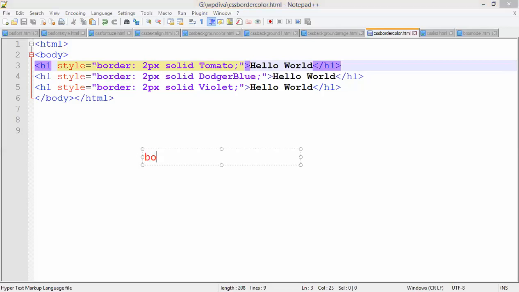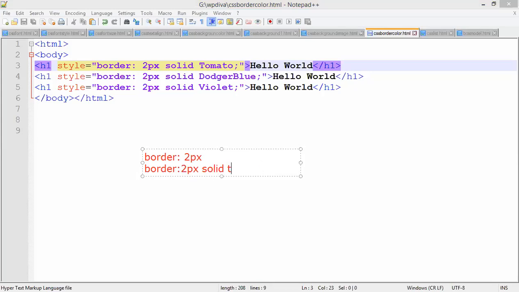You have to write the property as border colon 2 pixels, only when you want to set the thickness for the border. If you want to set the thickness as well as color for the border, you write 2 pixels solid tomato. That is the name of a color.